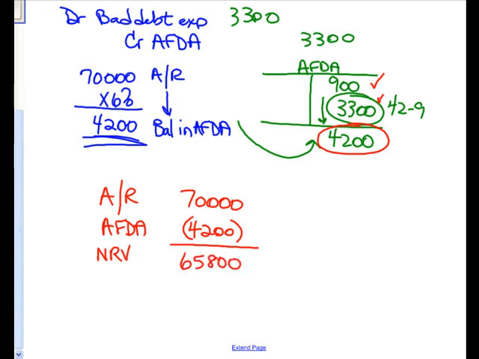Net realizable value means how much does the company expect to collect from its customers. Customers owe them $70,000, but they're only expecting to collect